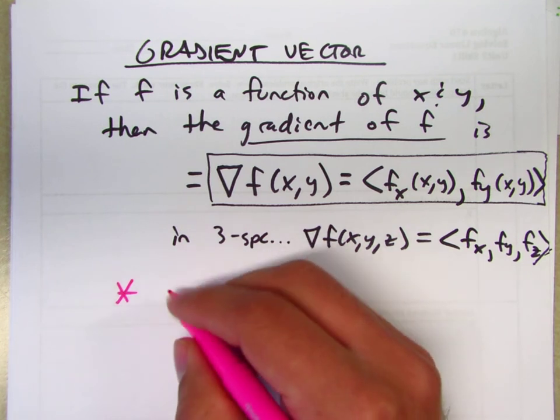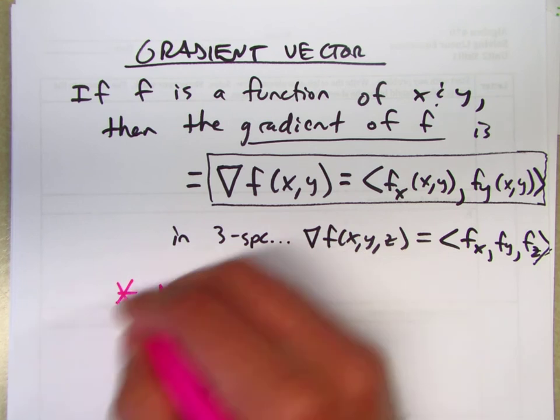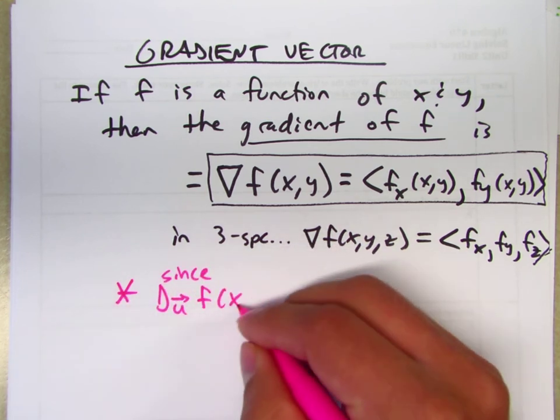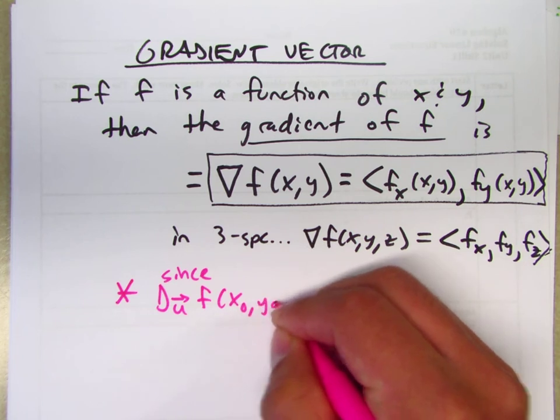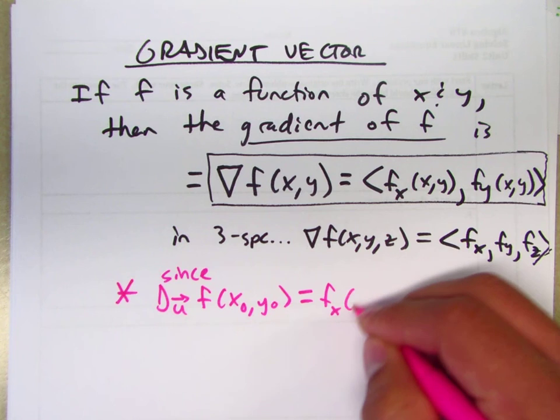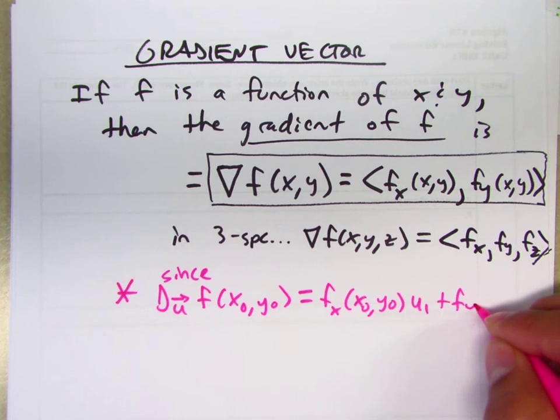Since we know that the directional derivative is equal to partial x times u1 plus partial y times u2,